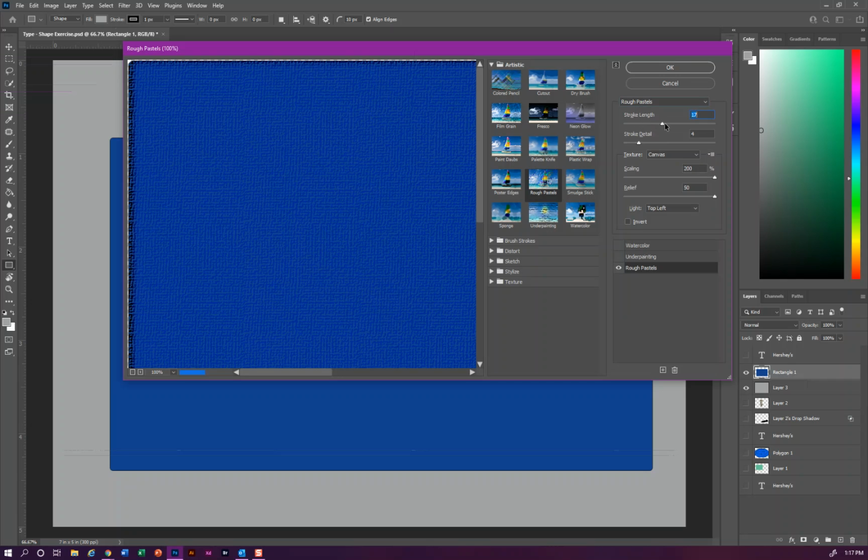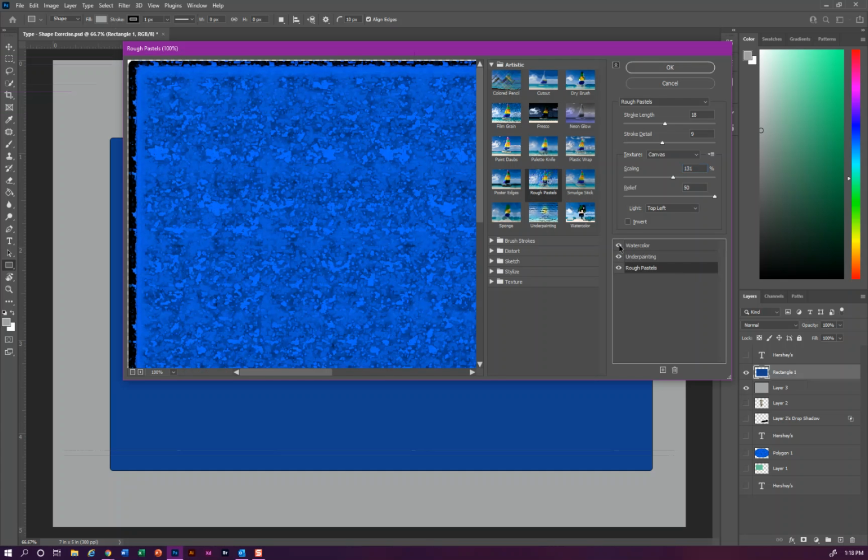So I could make the stroke detail, although that's not doing a whole lot. I can scale it down so it's smaller. It takes a lot of playing, but you know, you can just kind of go through. You can also layer your filters. So for example, I also have underpainting on, and then I have watercolor on top of that. So I get completely different